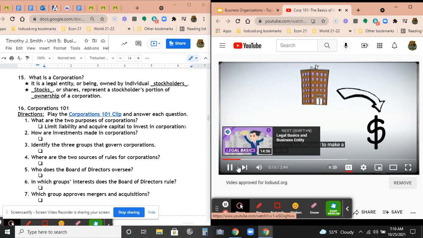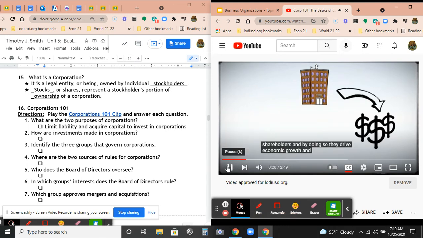Corporations are designed to make a profit while delivering value to their shareholders, and by doing so, they drive economic growth and